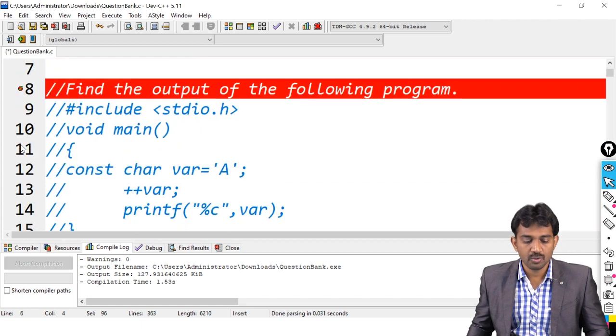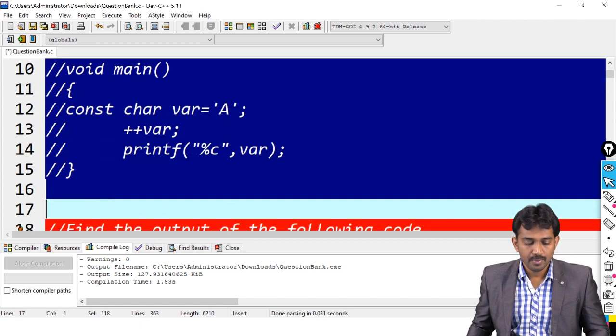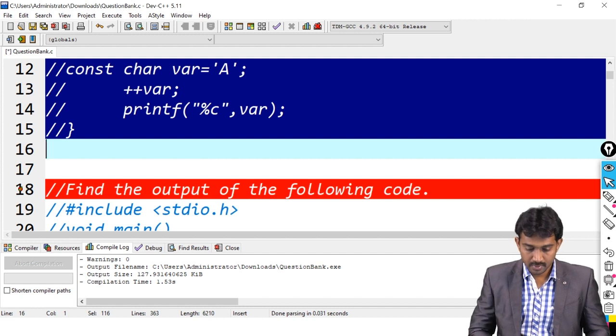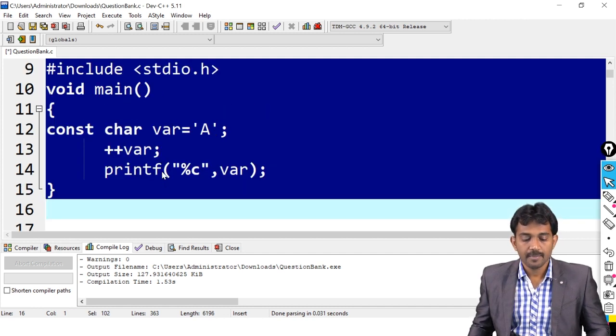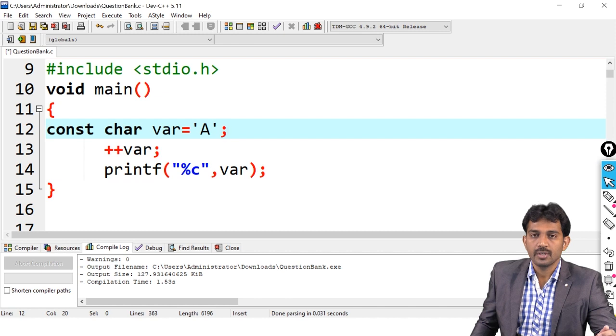See, coming to the next question. So what is the output of this code? const char var equal to 'A'. ++var, printf %c var.